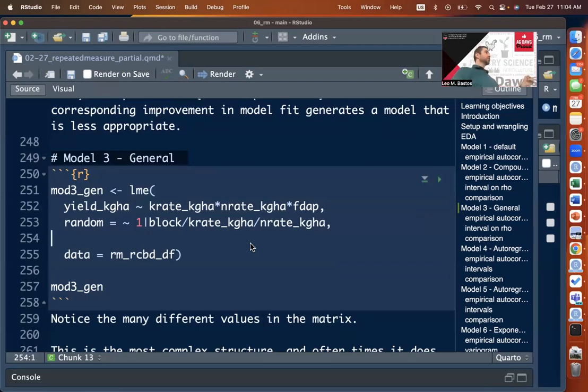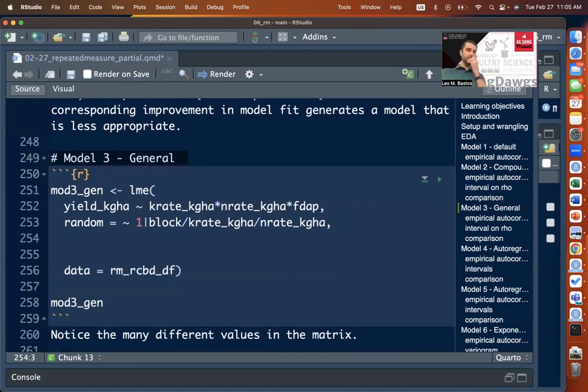Now, general is saying each one of those pairs of lags, so 120 to 130 days after planting, each one of those pairs of those 4 harvest times can have their own correlation value, their own rho value, with this correlation structure called general. So it is the most